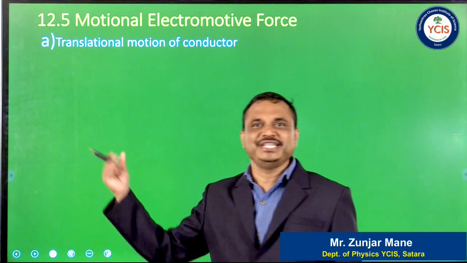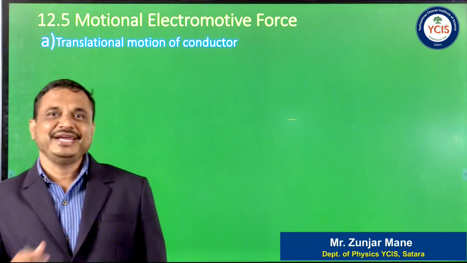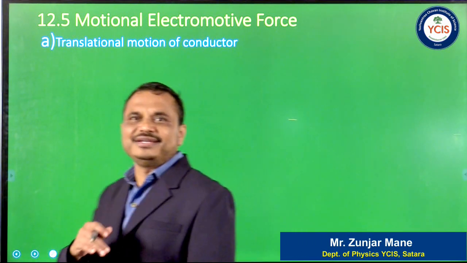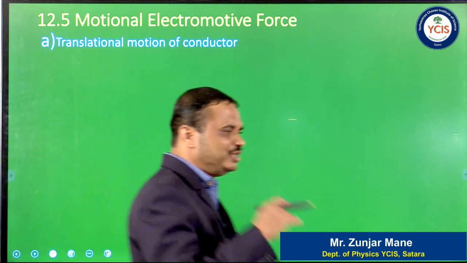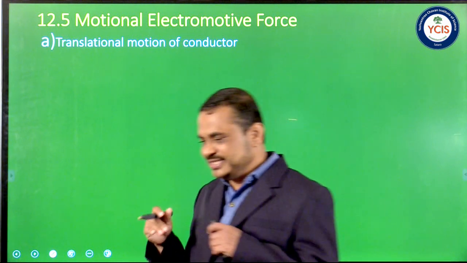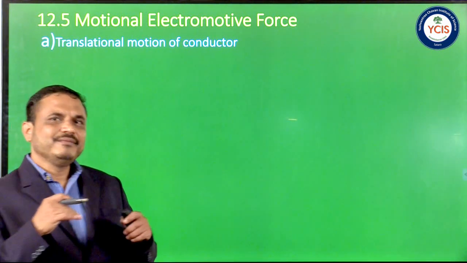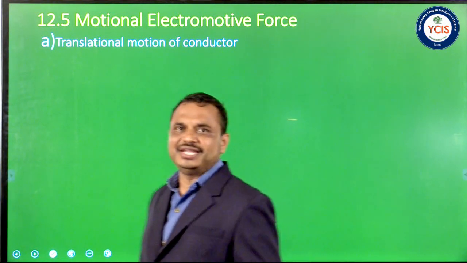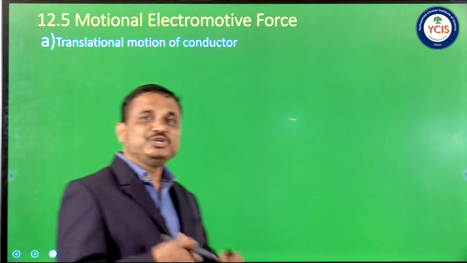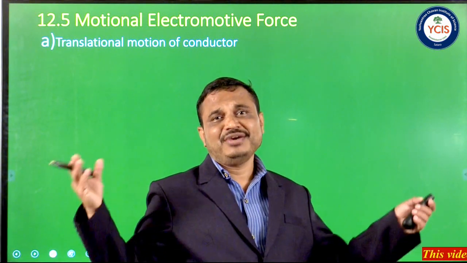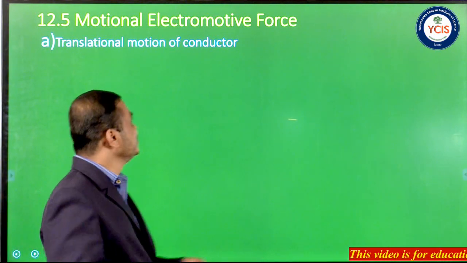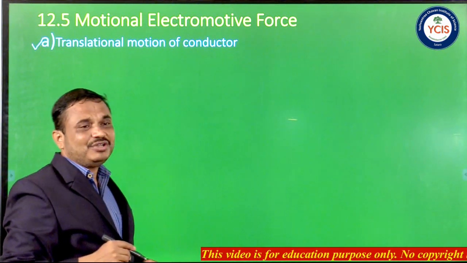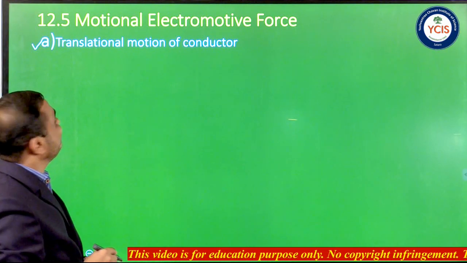In Faraday's experiment we see that when there is a relative motion between a magnet and a coil, or a conductor is moved in a magnetic field, then EMF is induced in that coil. So according to the principle of electromagnetic induction, when a conductor is in motion, either translational or rotational, in a magnetic field, then EMF is induced in it, and we have to derive the expression for that induced EMF. So the first article is the translational motion of a conductor and the expression for its motional